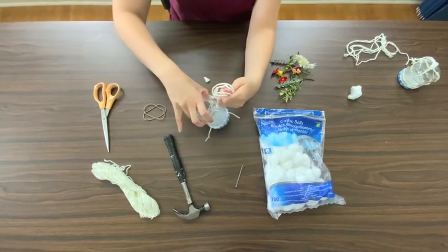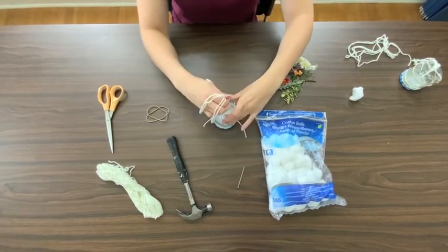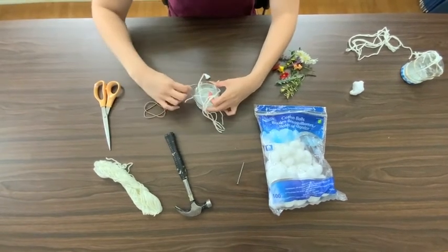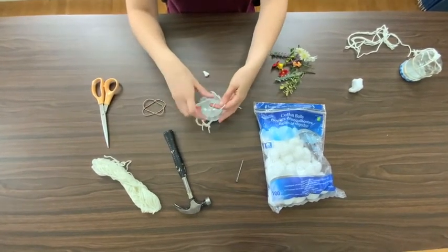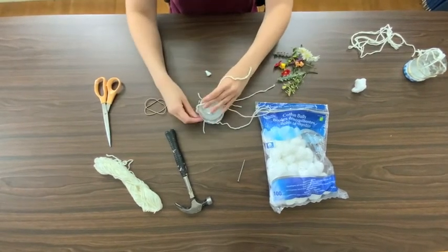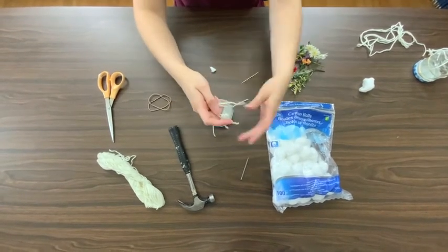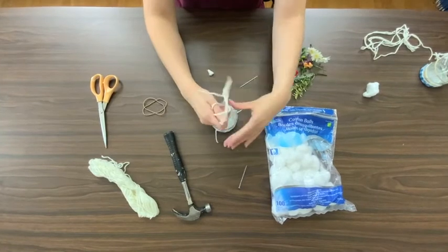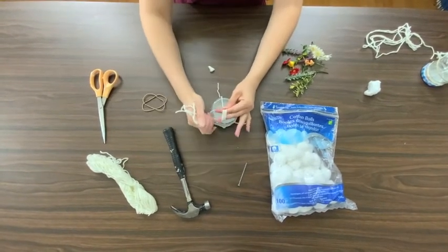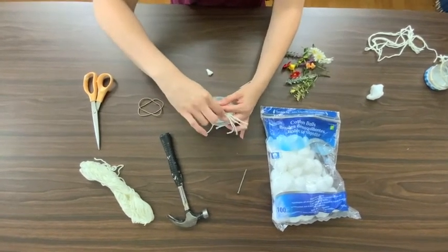and you want to wrap your elastic around your jar. There's one side and then the other. You might have to adjust your strings if they come out of place. That's okay. All the way to the top. Near the base of your jar, hold your finger, wrap your strings around all together, slide your strings through the hole that you've made,